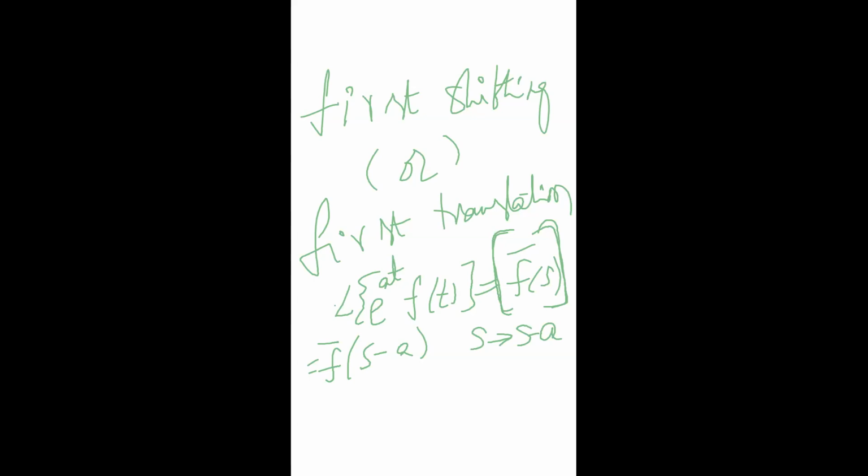How to apply first shifting theorem? First, leaving aside e power at, we have to calculate L of f of t. So for the multiple of e power at, first apply the L of f of t, we're getting one answer. That answer in terms of s, it is named as f bar of s. First, we have to calculate the L of f of t, leaving aside the e power at. After finding the L of f of t, we're getting answer f bar of s. Then replace f bar of s by f bar of s minus a, because in the question the exponential term is e power plus a, so we have to reverse the sign, s minus a. So taking one example,